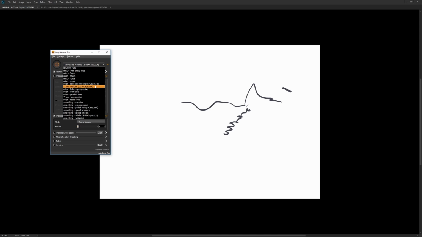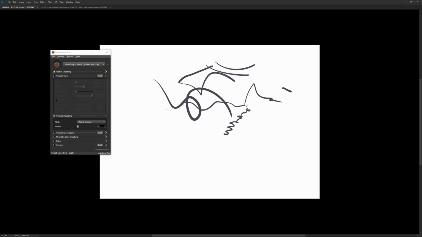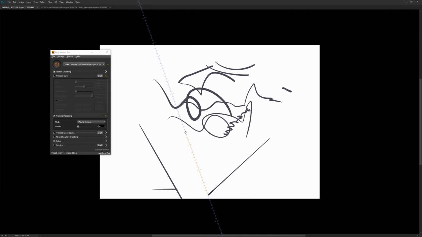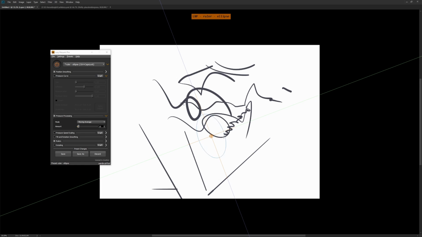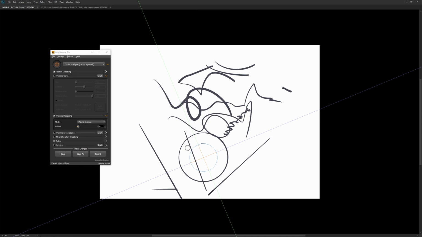That's my big discovery. And I'm using caps lock for that, where if I press just caps lock, I get the pulled string just like I do in Blender, which I liked very much. And going back, shift caps lock for just going back to the supple to avoid any jitters. And then I have the connected lines at alt caps lock. And then control caps lock, I get this little ellipse tool, which becomes very handy when you are painting, because